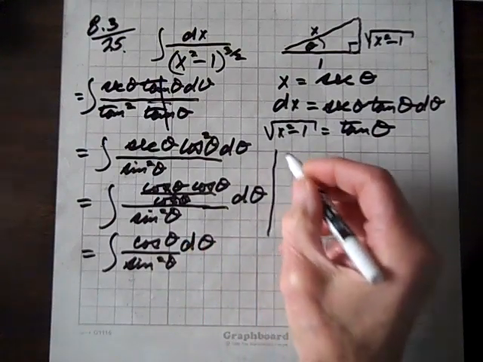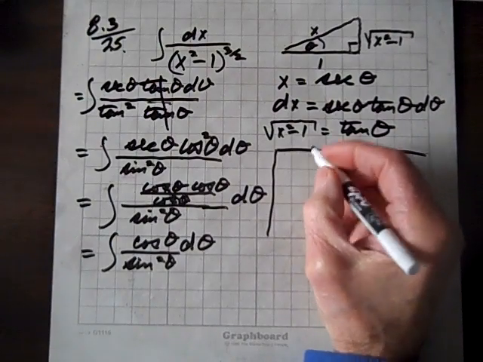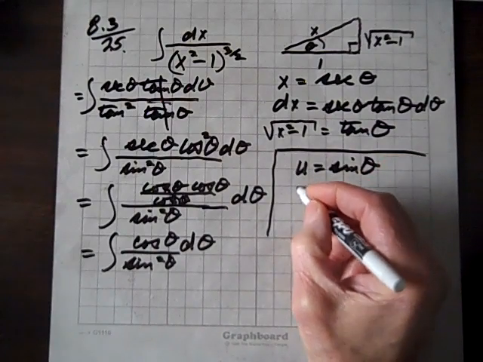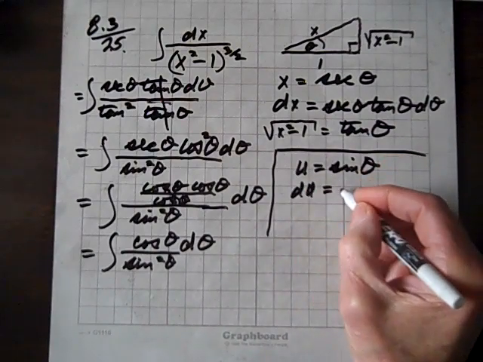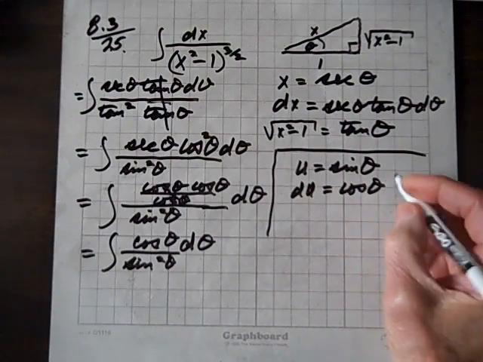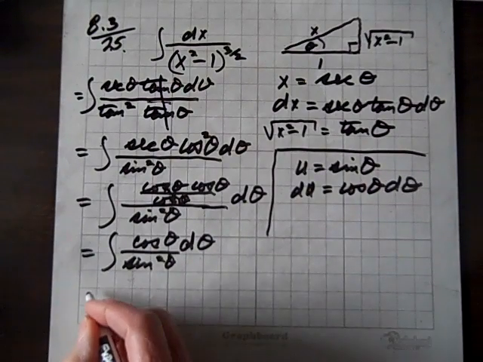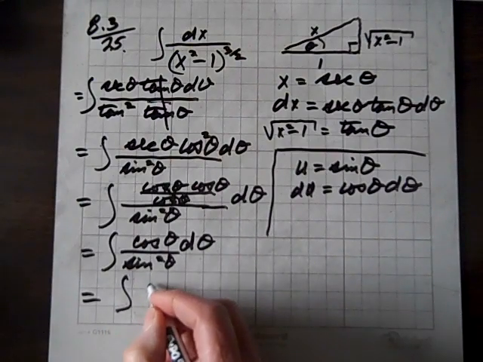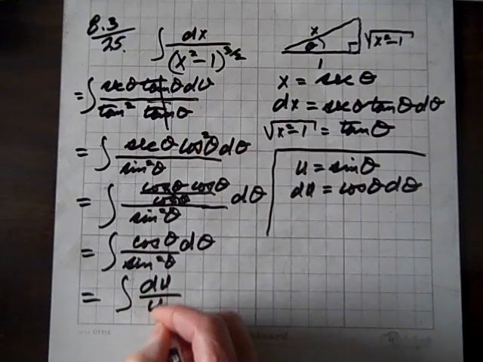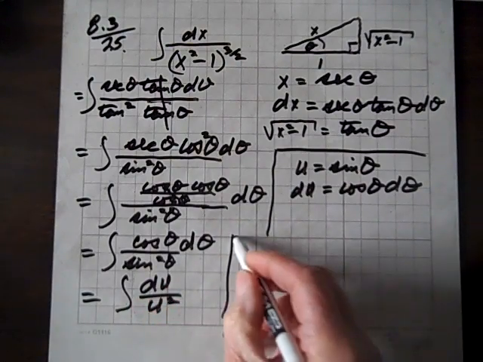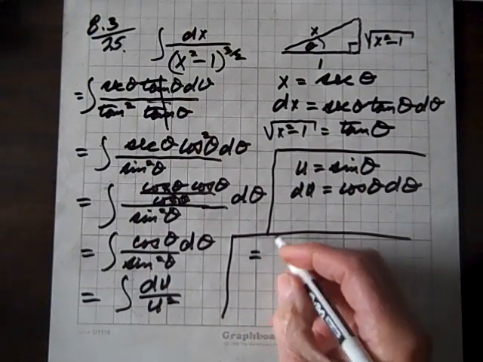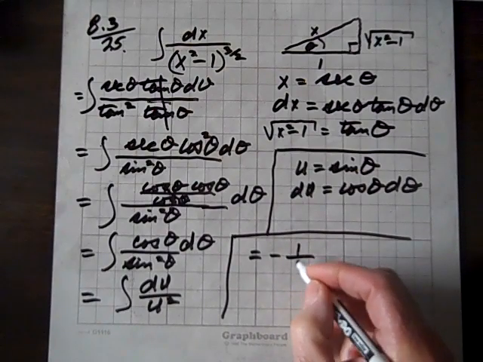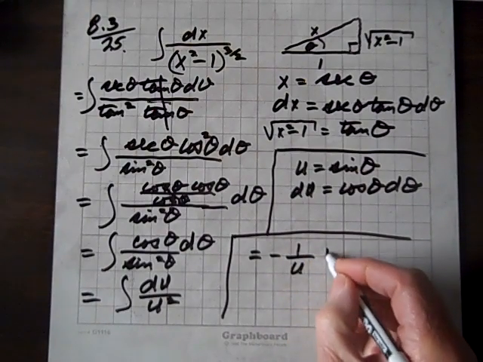So now let's do a little u du substitution. So if u equals sine of theta, du equals cosine of theta d theta. So now we have the integral of du over u squared. And that becomes negative 1 over u plus c,